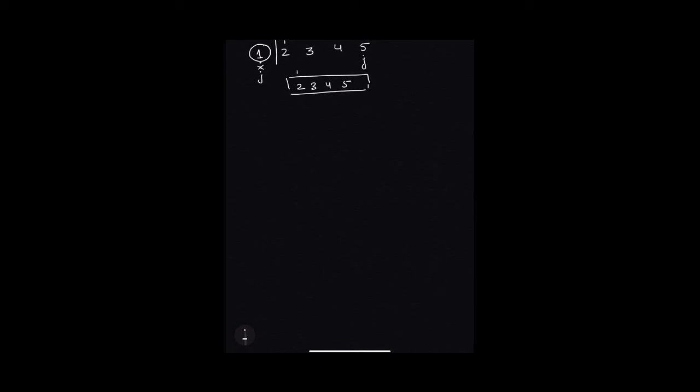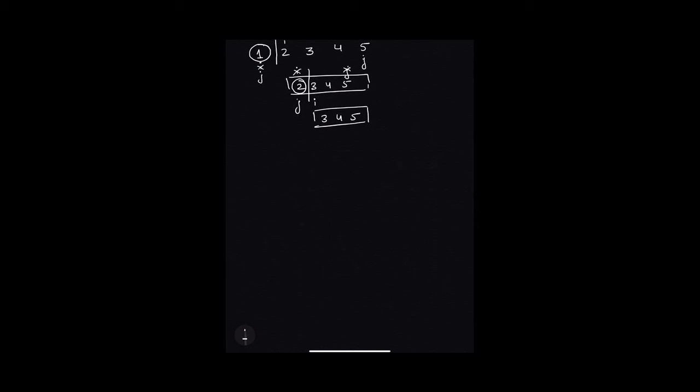Similarly, for 2, the low becomes 2 and the high becomes 5. The pivot element becomes 2. Now my i is going to traverse till I get a value that is greater than 2. So the new i will become 3 and the new j will become 2. Now you can see that my ith index has exceeded my jth index, so I have to swap my pivot element and the jth element. Since both elements are the same, again the partition happens.